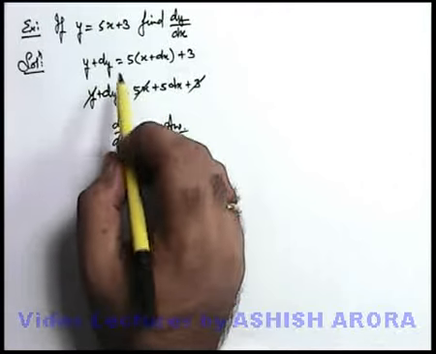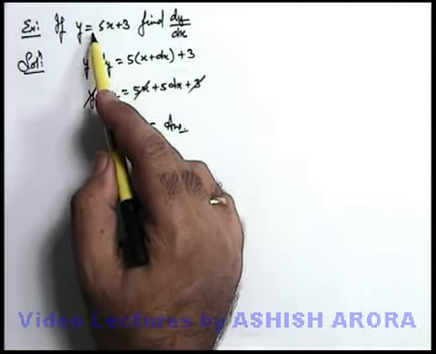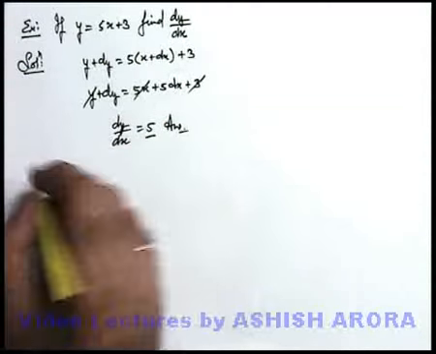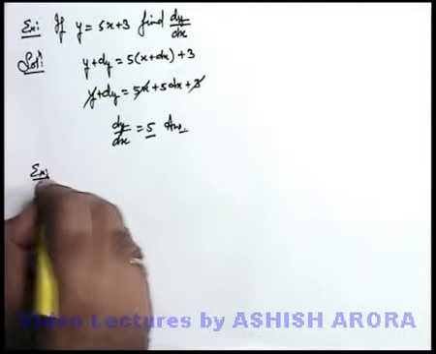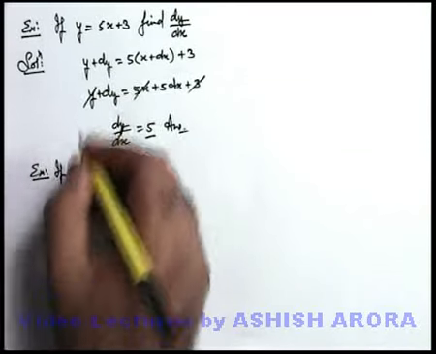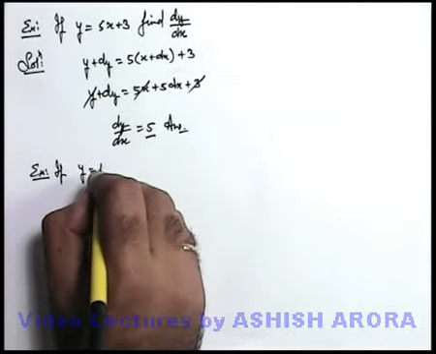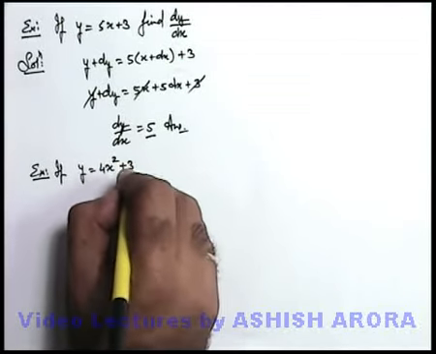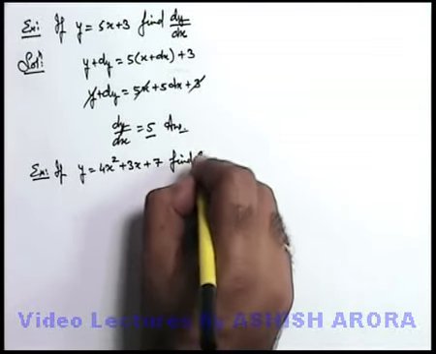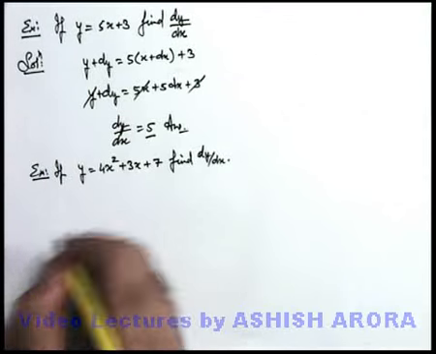So we can simply say if y equals 5x plus 3, then differentiation of y with respect to x is 5. Similarly, we can handle one more example that will explain the concept much better. If we take a higher order polynomial rather than a linear one, say y is given as 4x square plus 3x plus 7, then we are required to find dy by dx, that is differentiation of y with respect to x.